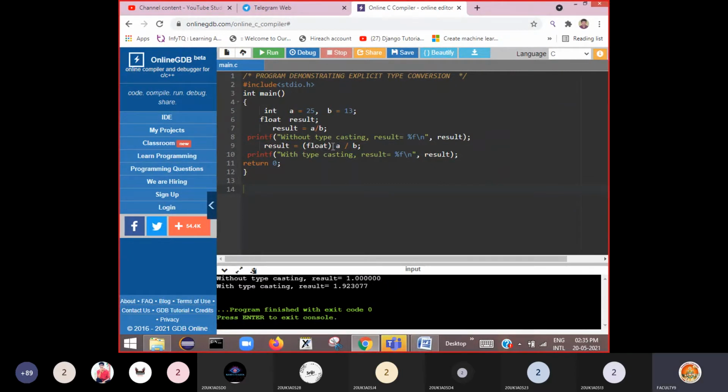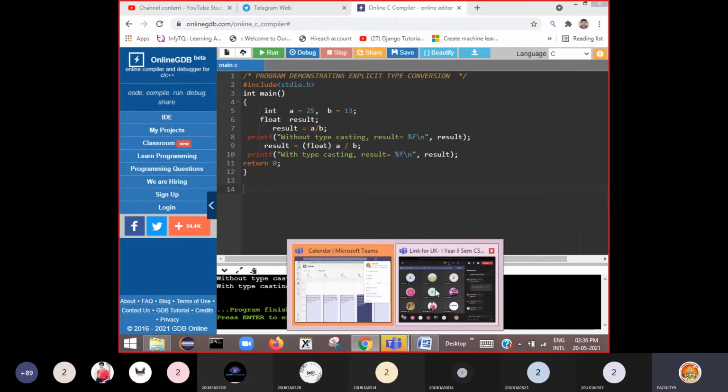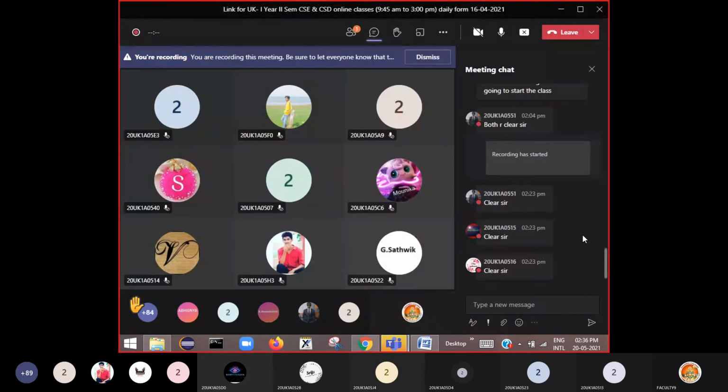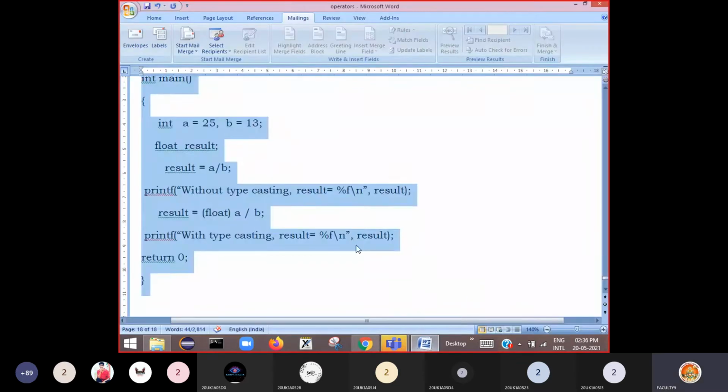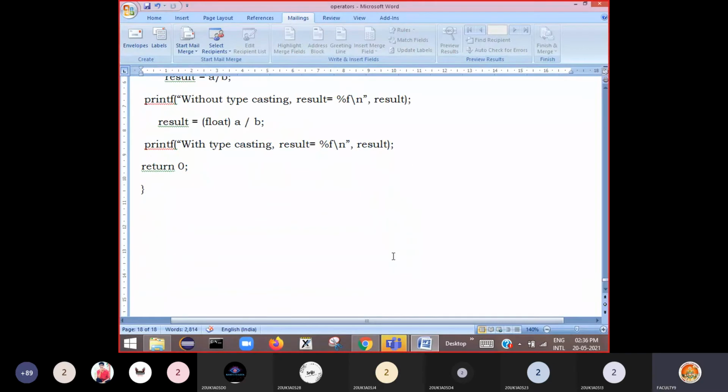So we should be very careful when we write variables in expressions. Clear? I hope implicit and explicit type conversions are clear to you. Any doubt in this?